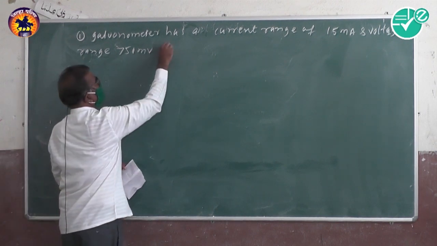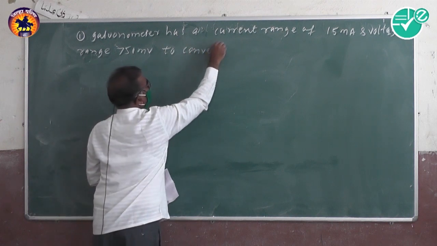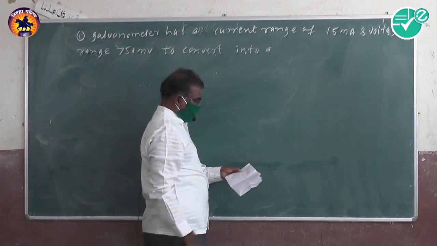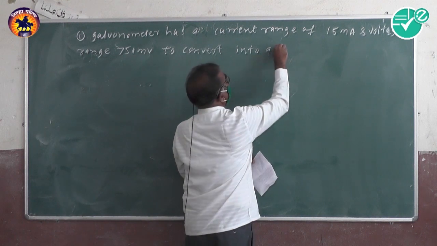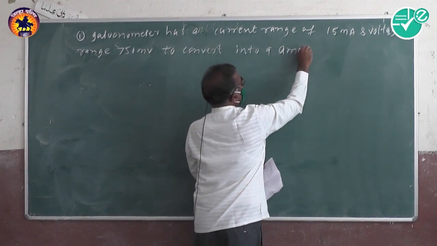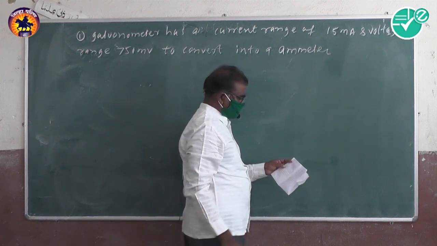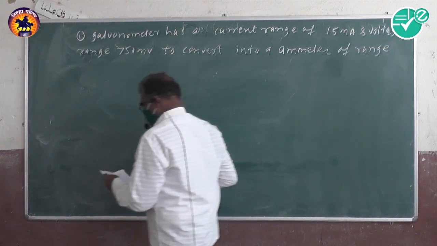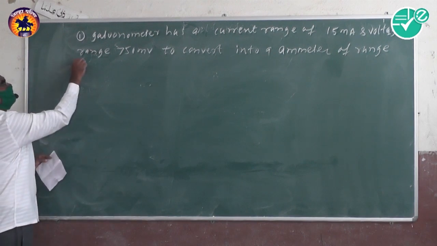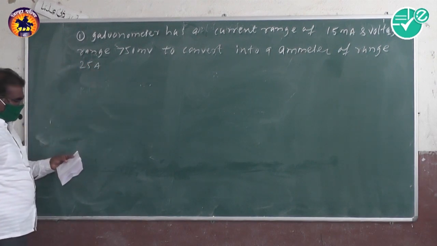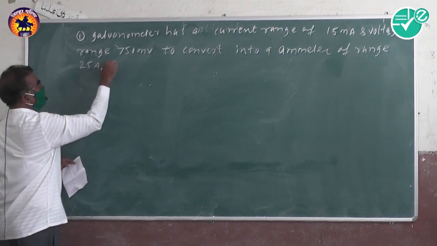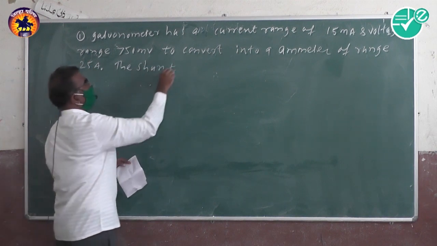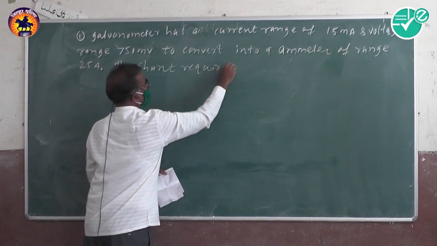To convert it into an ammeter of range 25 ampere, the shunt required is